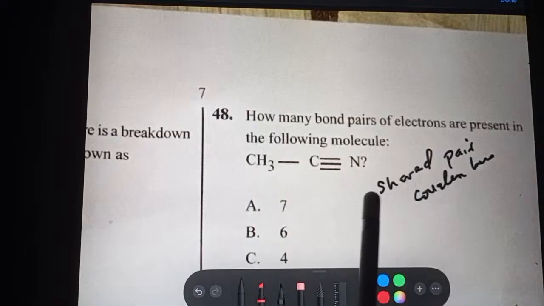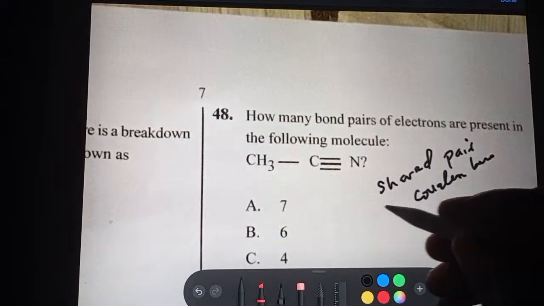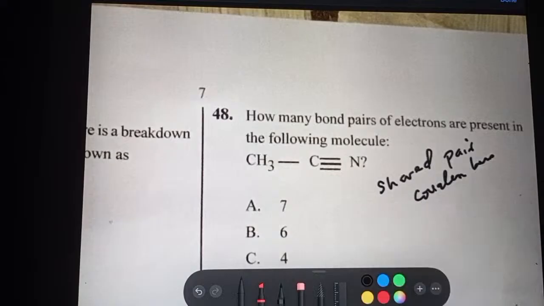So how many bond pairs of electrons are present in the following molecules? Bond pairs, like I said. We said that these questions are for revision. We called it revision. I repeat, this is Majestic Tutorials. We don't engage in malpractice. But those that participated in our last revisions came out with smiles all over their faces. So if you listen well, you learn.